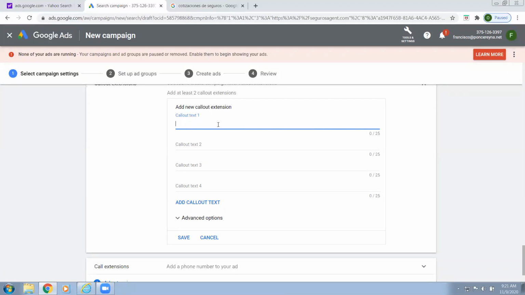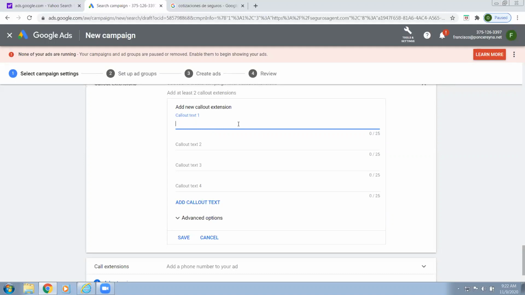It's typically 3-4 words. So we could say something like simple insurance, or insurance simplified, right? Insurance quotes simplified, or insurance quotes made easy,